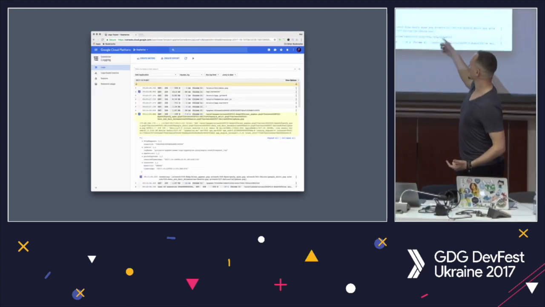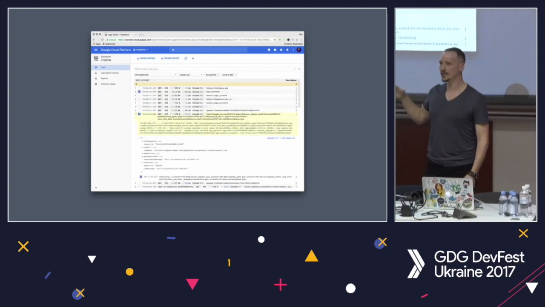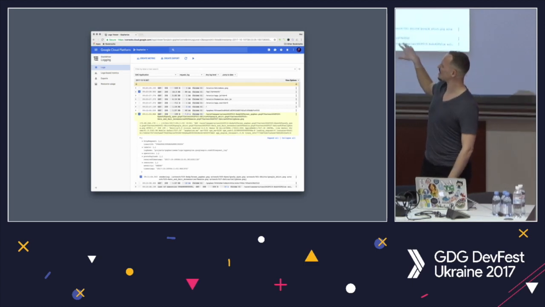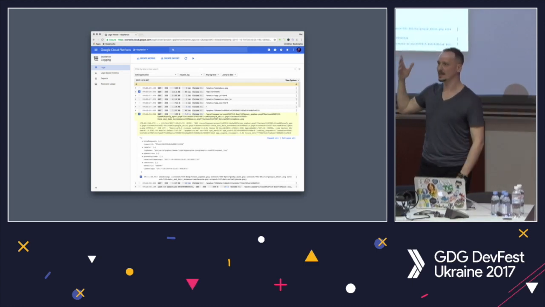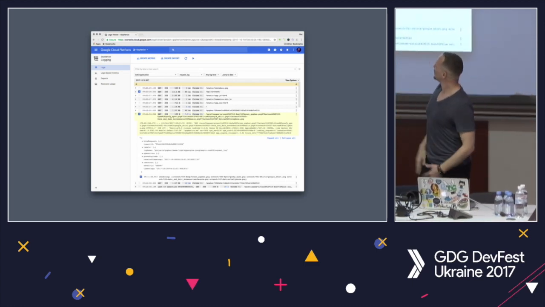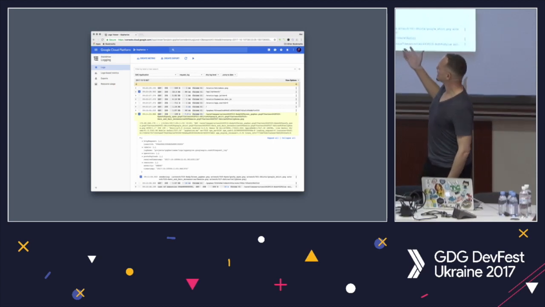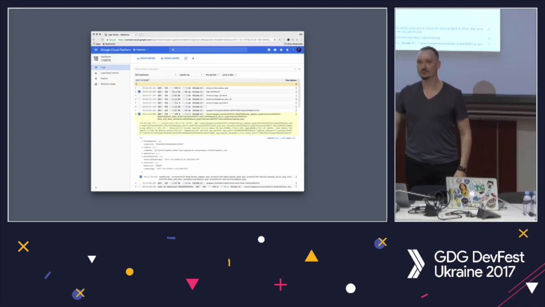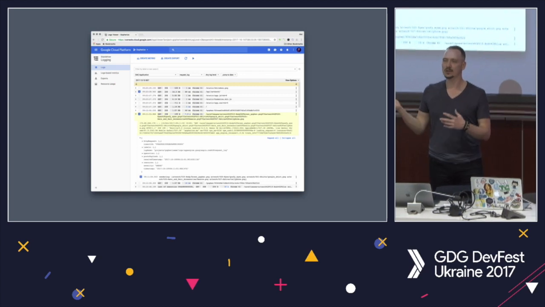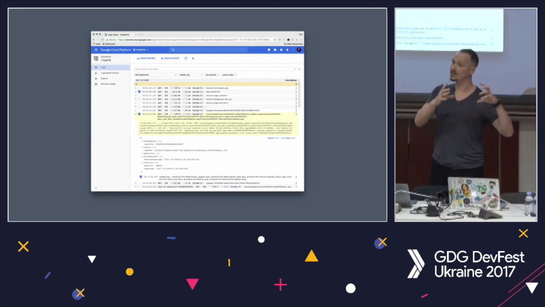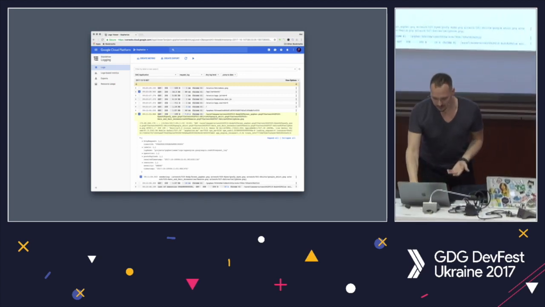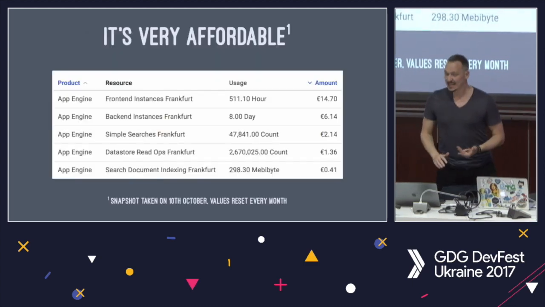You also get logging as well, which turns out to be quite good once you dig in. It takes a bit of time to learn it. It's a bit messy, a little bit professional, but it's pretty cool. You can write logs out here. You can see the requests that were made, and any errors that happen are reported. It's cool. And it is pretty affordable.